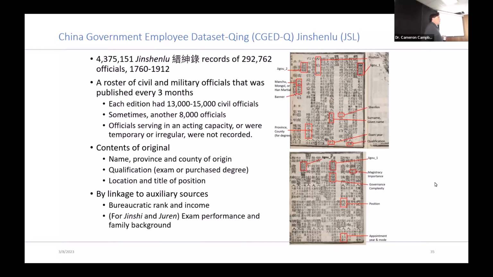Even though we're talking about a country that had a population that ranged from 150 million to 400 million by the end of the 19th century, somehow the core that was governing it was just, at any given time, 13,000 people, which is quite remarkable. These are civil officials, the equivalent of civil servants. In some periods, we also have military rosters, which have officers. The Chinese is Zhongshu Beilan and so forth.